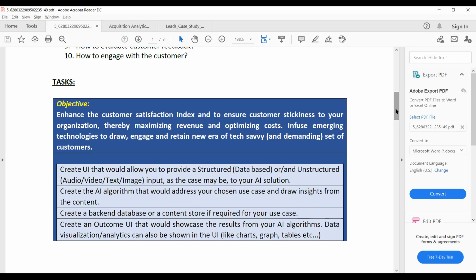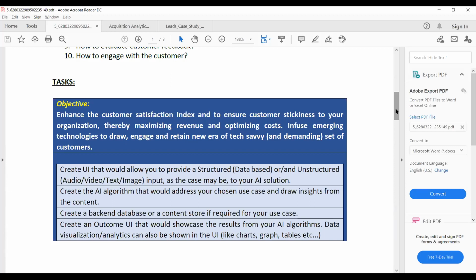Before that, definitely I will talk about various ways to do that, so that if a TCS person comes up and asks what all different ways there are to create a UI, then at least you should be able to give the answers to them. There are different ways to create this UI.